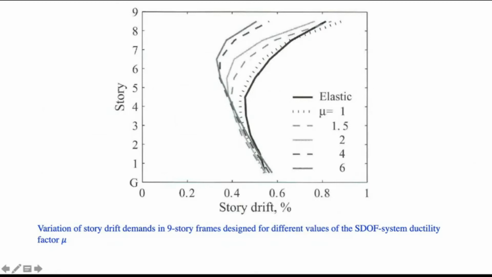Okay, this is the story drift demand in case of the 9-story building that is designed, let's say, elastic initially, then it is designed for various levels of ductility: 1, 1.5, 2, 4, and 6. And you can see that as the ductility increases, let's say from 1 up to 6, the story drift demand reduces on the top stories. Okay. The reason is that